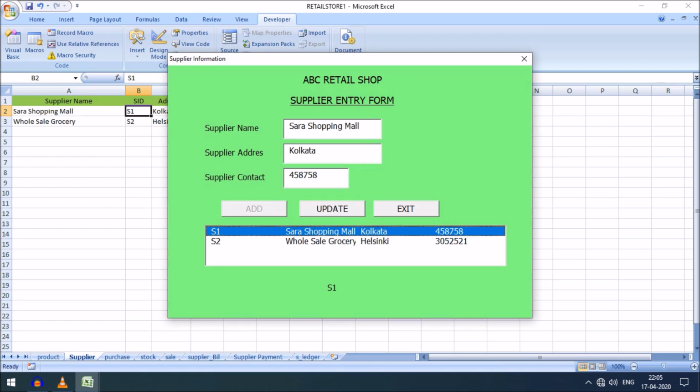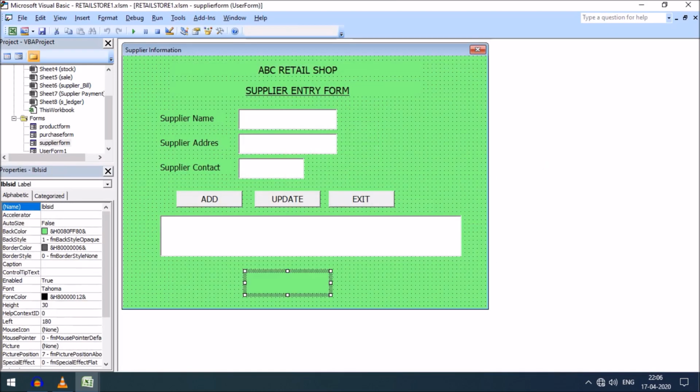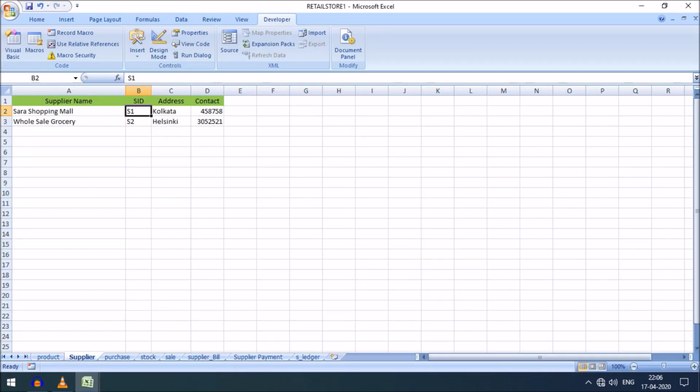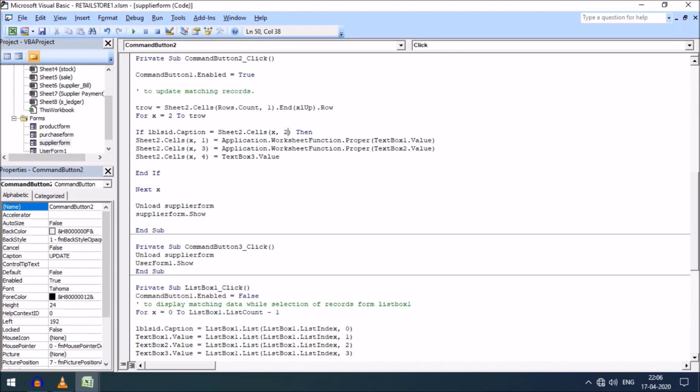You can see the supplier S1 is being displayed under the list box. This is the supplier ID, and it is the name here. The name of this label is LBL SID. So going back, if LBL SID dot caption is equal to sheet 2 dot cells x comma 2, that is the second column. You can see the supplier ID in the second column. You can see here first column, second column. So if the LBL SID, that means the supplier ID, is found in the second column, then